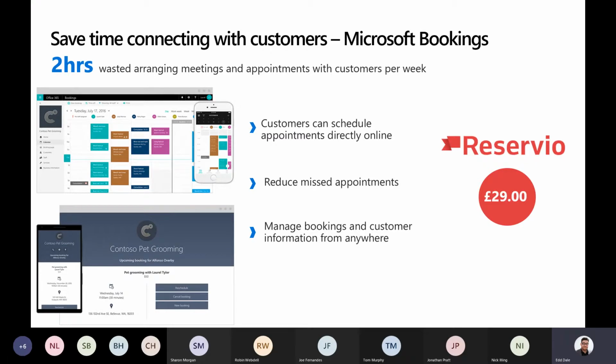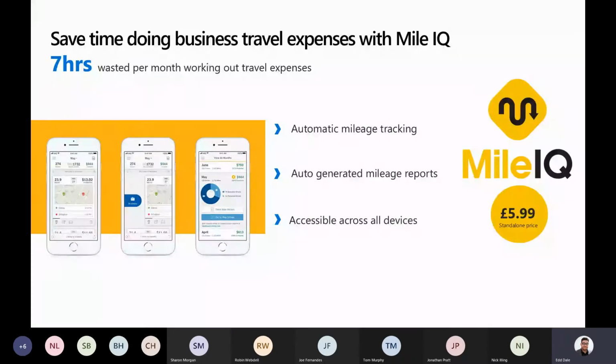There's these little bits of additional value in M365 that can make all the difference. And same goes with MultiIQ. Some of you may have seen MultiIQ before, and as you might have guessed, it is an automatic mileage tracking application. Now, I started using MultiIQ back in 2018 because before lockdown, I was traveling around the country pretty much